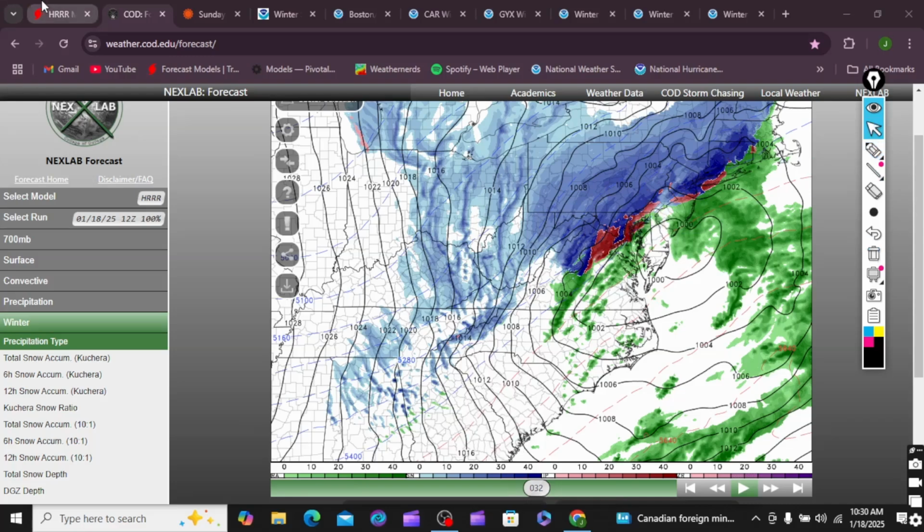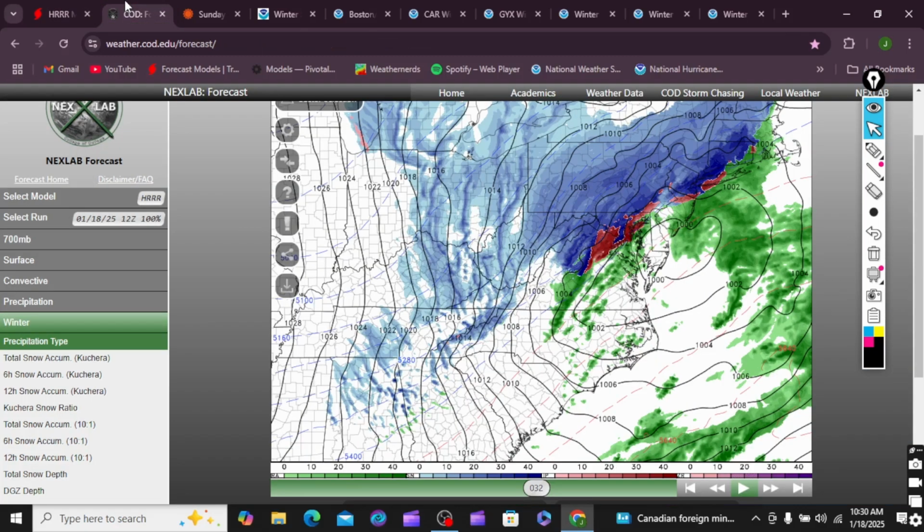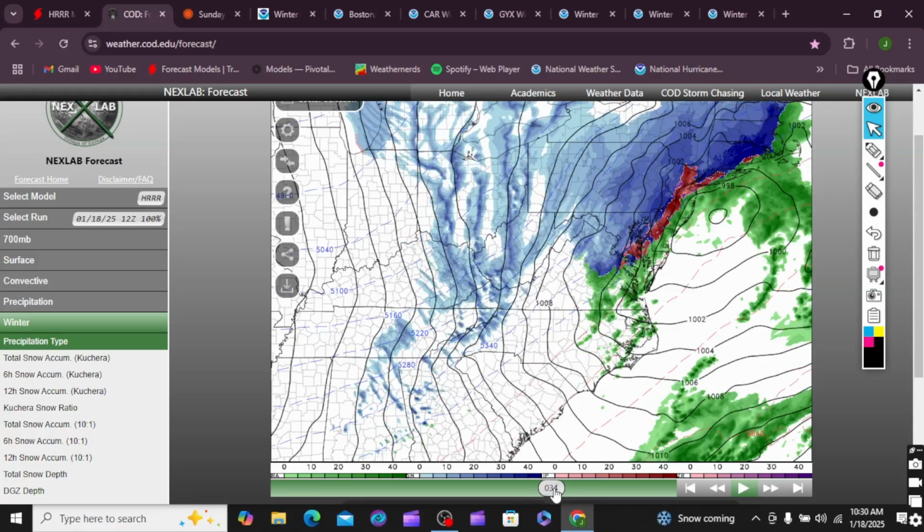Alright. So we said 3 p.m. At this point, the low is probably a 999. We go into about 4 o'clock. There is that heavier snow. Let's go into 5. So this is 5 o'clock. Probably some of the heavier snows. This is probably from like 12 o'clock to about 5 o'clock will be your heaviest snow across eastern Pennsylvania and regions back in here. Our low is right off the East Coast now with a 995 here. Could it be a little stronger?